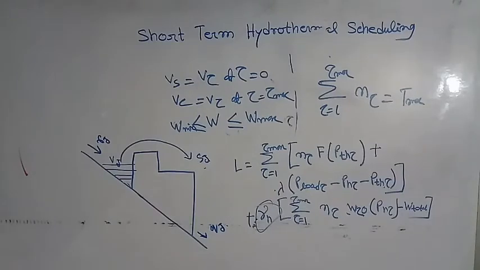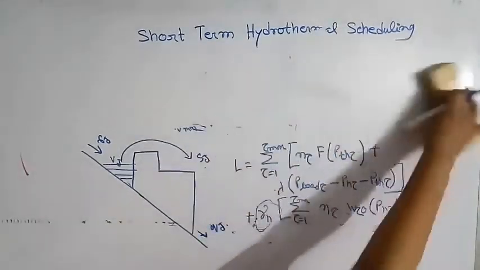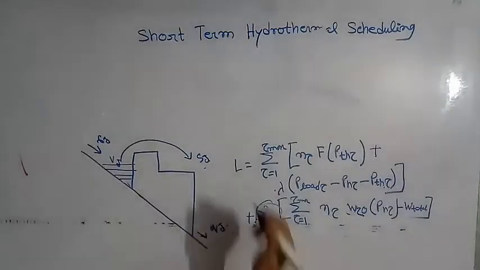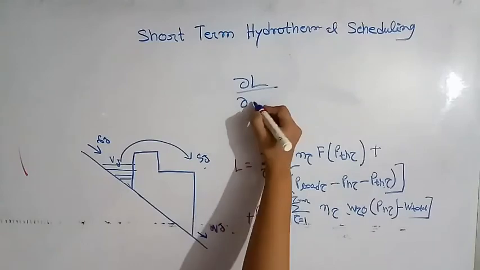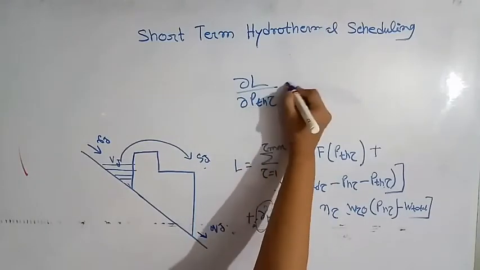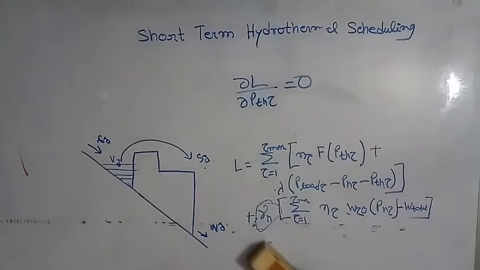Now for a given interval tau equal to T, scheduling of thermal plant for economic operation is possible if dL by dPTH, the first derivative of this function with respect to PTH tau, is equal to 0. Now, by solving this,